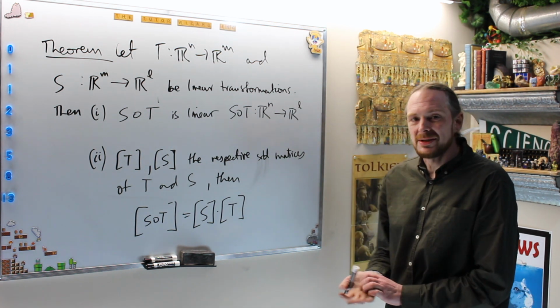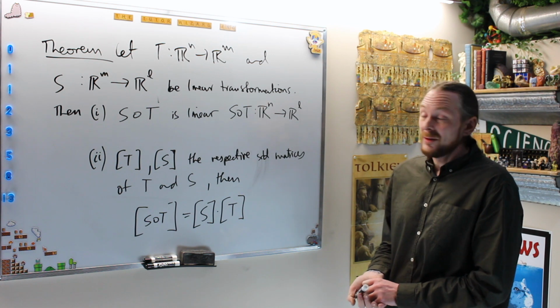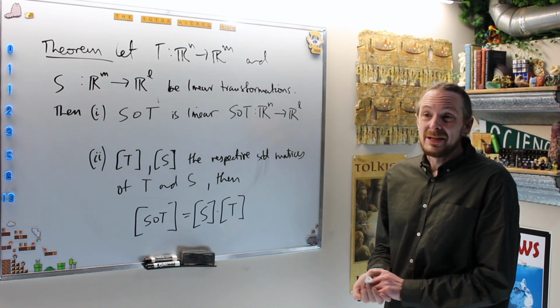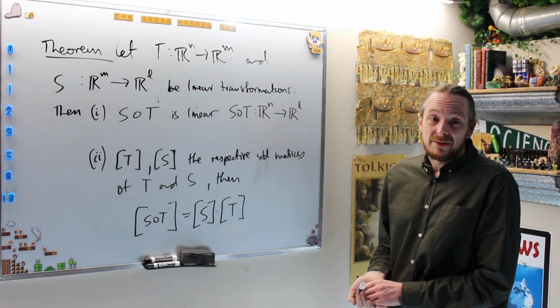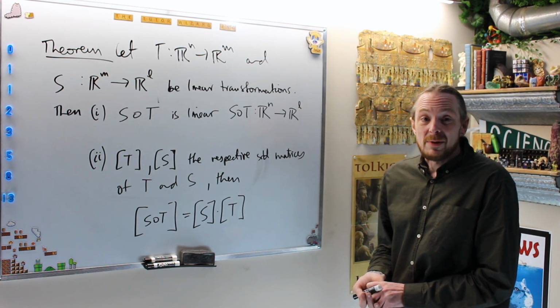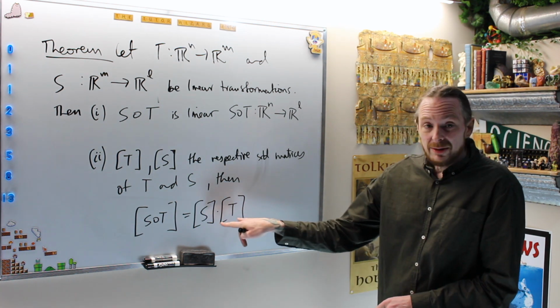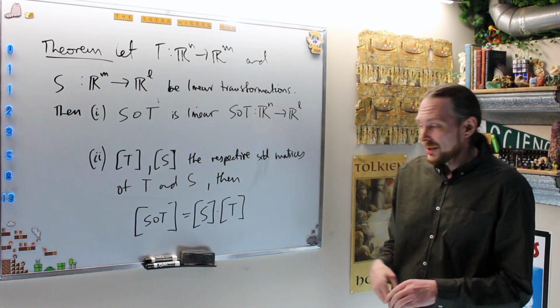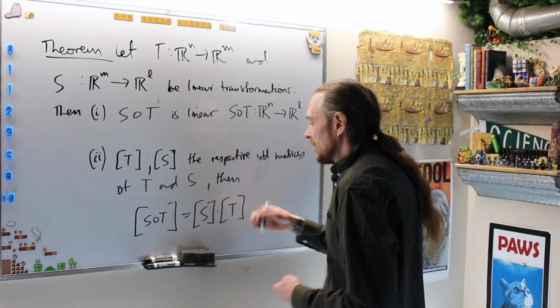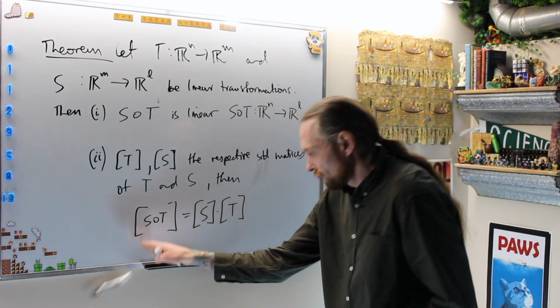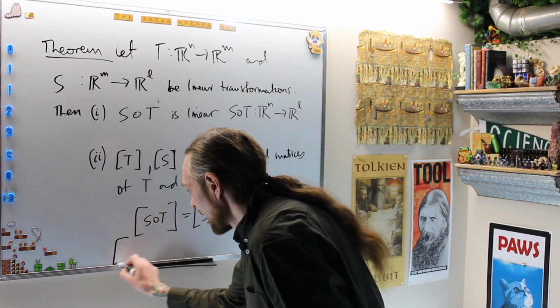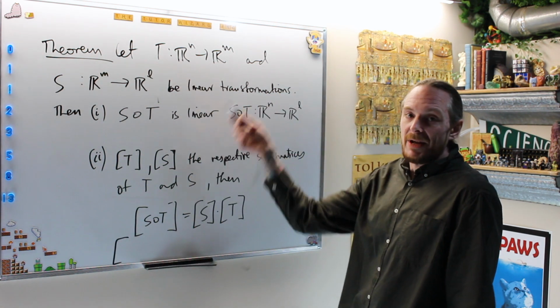If you want to do composition of more than one linear operator or transformation, all you have to do is show that each individual one is a linear transformation, find the standard matrix of those, and then just multiply the matrices. It will give you the more complicated composition. And yes, of course, we will have the generalization of, if you had a bunch, I'm not writing it out, but if you had a bunch of them,